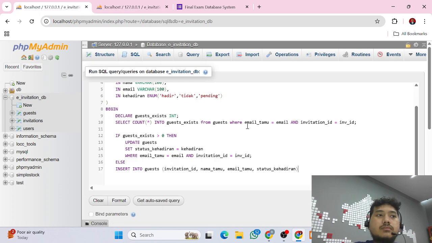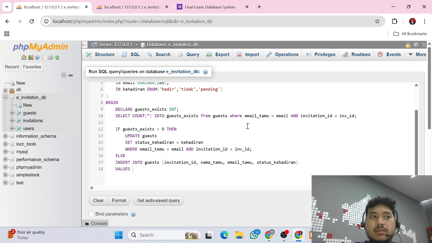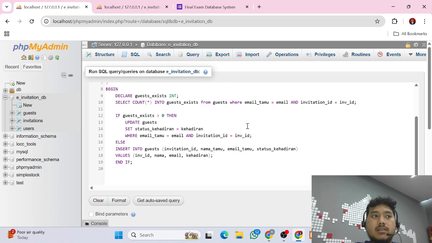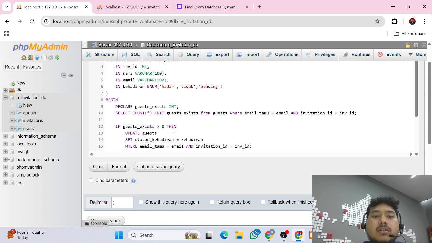Values: invitation ID, nama, email, kehadiran. And end if, and delimiter. Okay, so I think there is some error. Okay, delimiter.